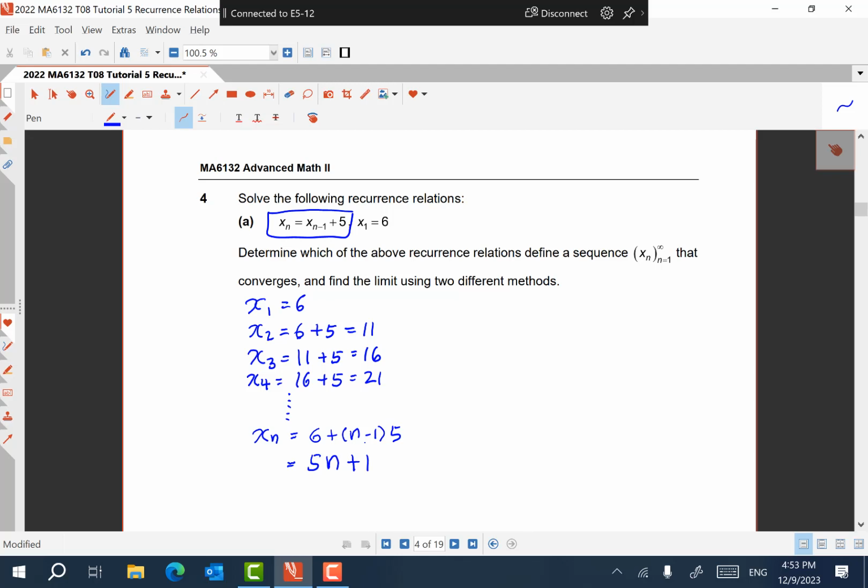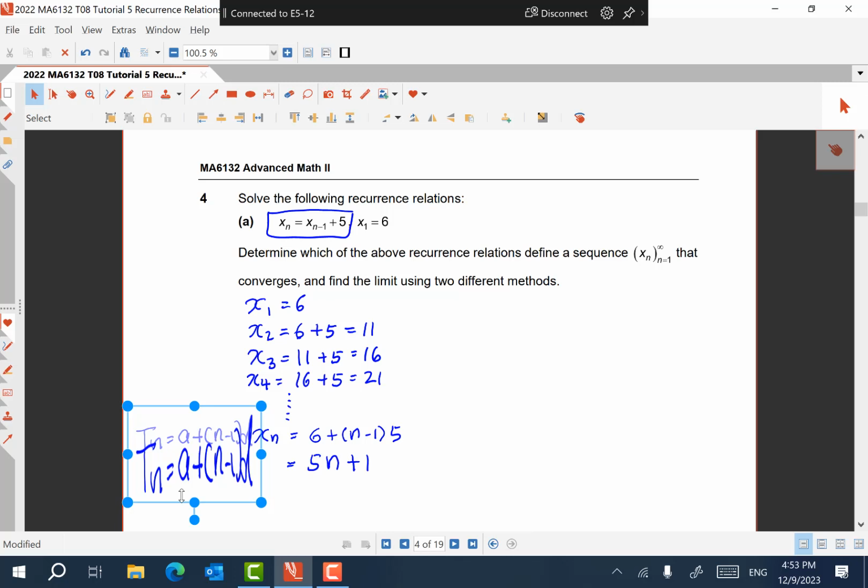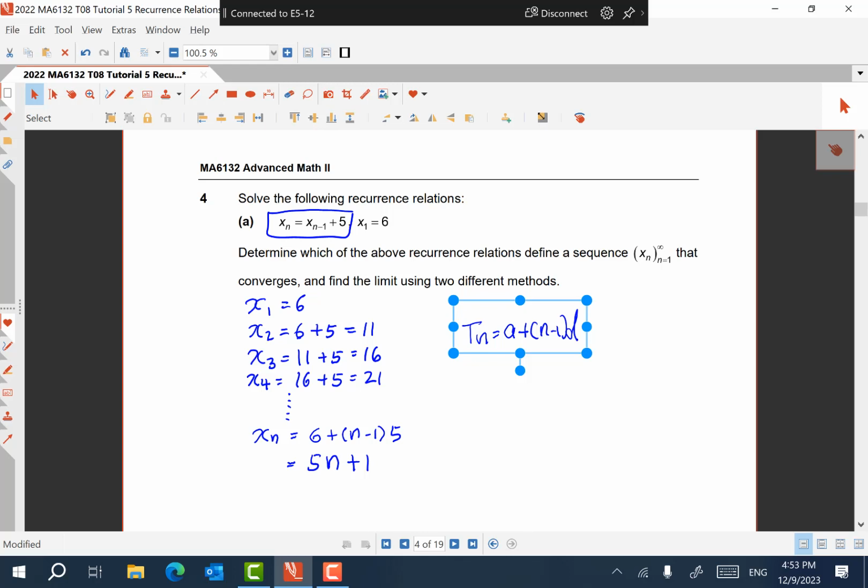And we have learned previously that in arithmetic progression, the Tn, remember, is a plus n minus 1 d. Okay, the good thing is, because we have learned arithmetic progression very well, we could solve, so to speak, this recurrence relation very easily using what we already know, right? That is actually the n-th term is a plus n minus 1 d. And then to answer this question,